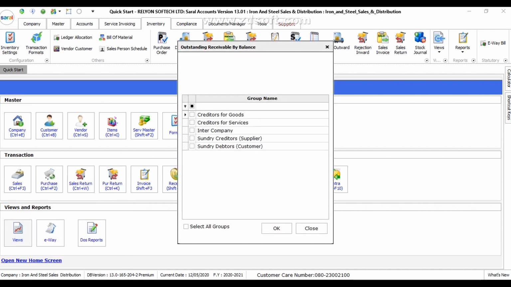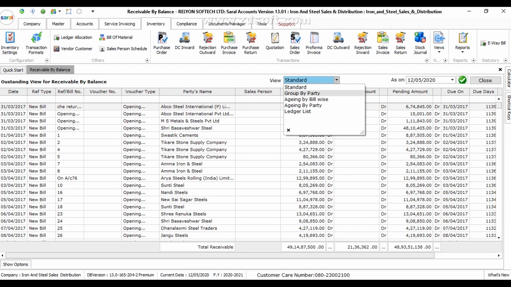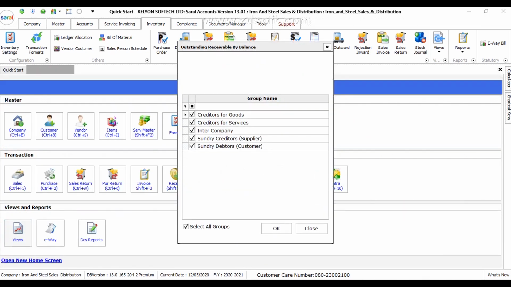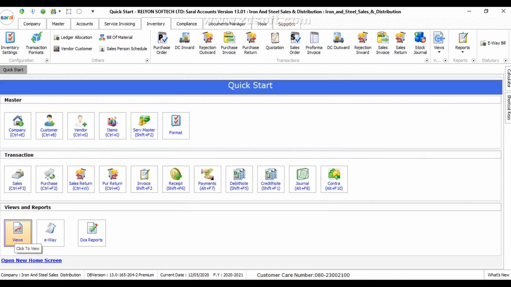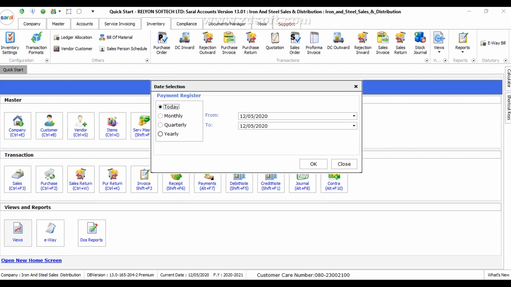In the outstanding report, we can select all these types of entities, and while seeing the report, we can select different filters, that is group by party, aging by bill wise, aging by party, and ledger list. Payment register, you can also check the payments.